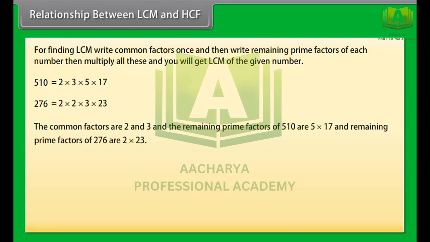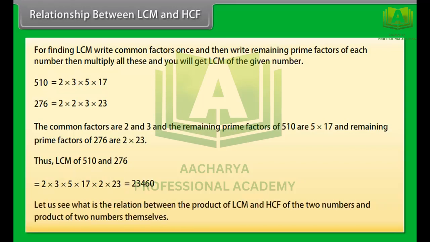The common factors are 2 and 3, and the remaining prime factors of 510 are 5 × 17 and the remaining prime factors of 276 are 2 × 23. Thus, the LCM of 510 and 276 is equal to 2 × 3 × 5 × 17 × 2 × 23, which equals